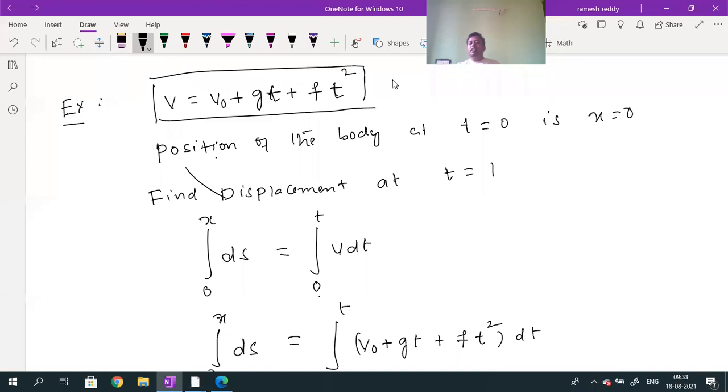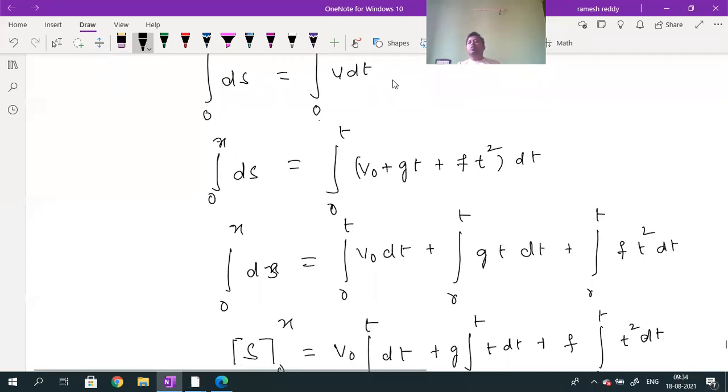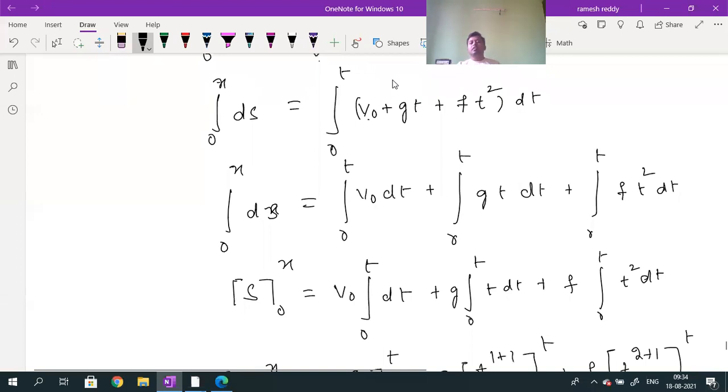Here integration with respect to s, here integration with respect to time. Then I can write this. After writing this, integration of ds, substituting the v value. What is v given? v naught plus g into t plus f into t square, into dt. So integration of ds will be equal to, now multiplying,